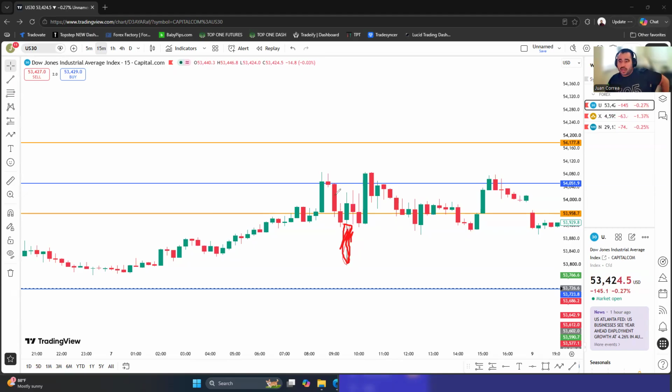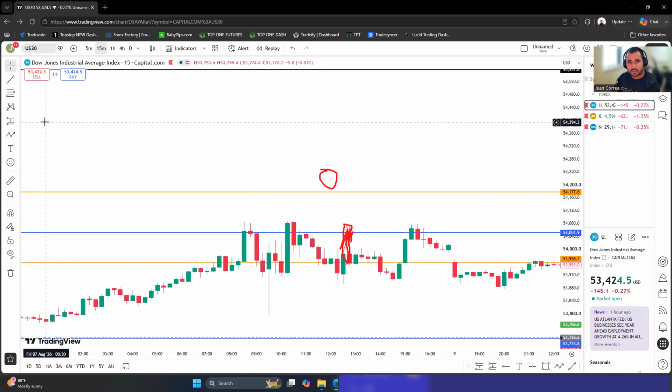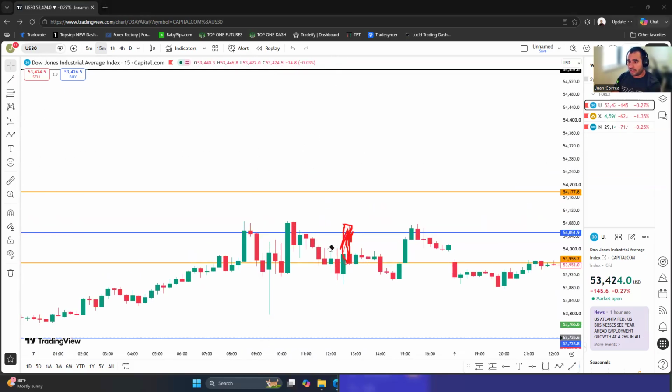Now that doesn't necessarily mean that the market's gonna go up. In this case, it just dropped back down. But it's a strong confirmation. Look at this candle right here, the same one I drew. I had bullish, bullish, bullish, bullish, then the sellers came in and it just dropped. So basically, this is the simplest way to explain